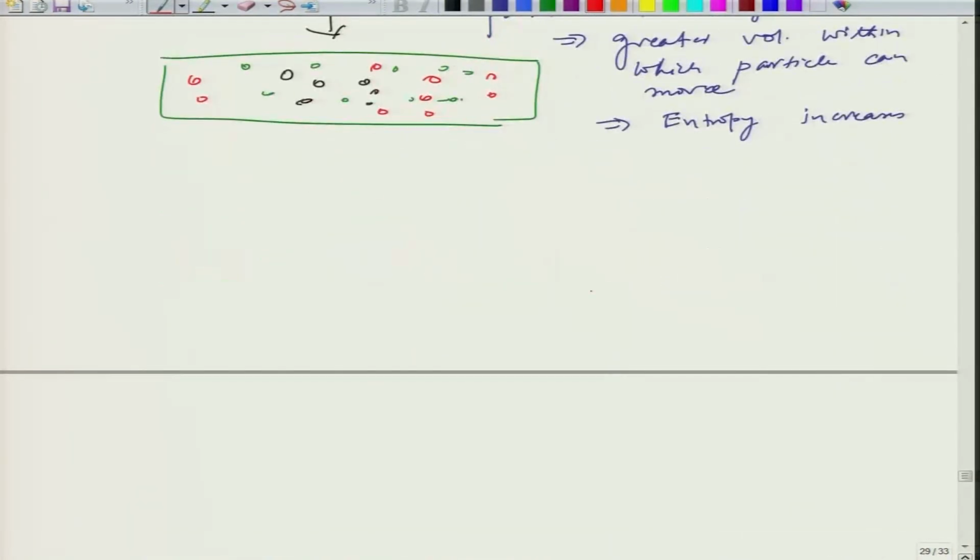So, let me try to graphically explain what happens, how do we interpret this whole behavior, because it is an ideal gas. So, for example, these black particles are not interacting with the green particles, and same for the red and green and red and black. The only thing which they are able to do is access more volume, okay, compared to the case where they were earlier, because they are ideal gas. So, the equivalent representation